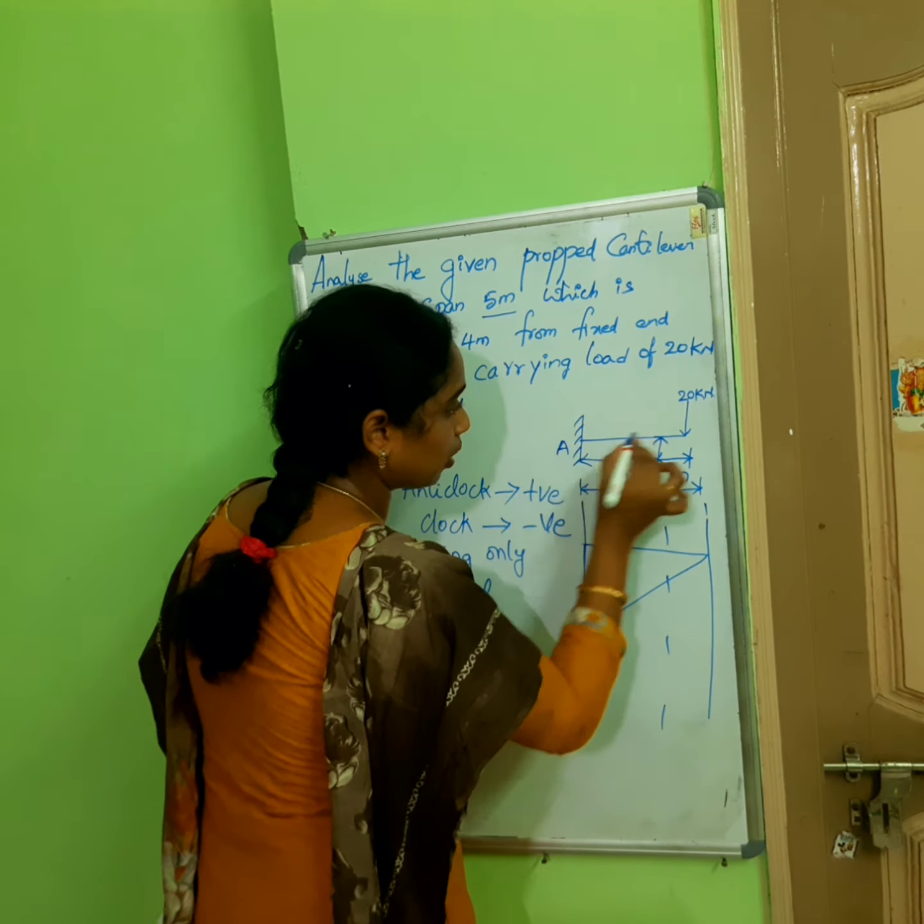See here, how much did we get? Overall, total divided by EI. So by calculation I got the value 58. See here, one second. Clockwise, what have I told? Clockwise is negative. So it is negative. Sorry. I got minus 583.33 divided by EI. Okay, this is my first step. I am considering only the point load and I have calculated deflection by using the M by EI diagram. Once check out this one.